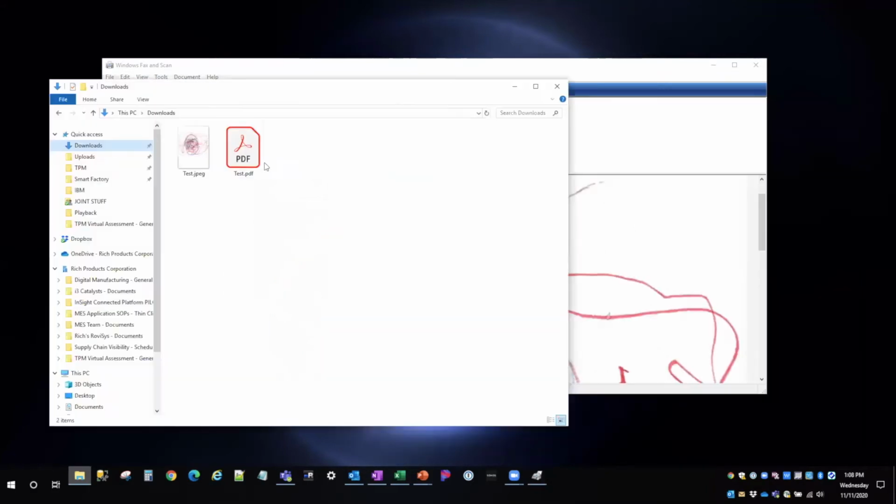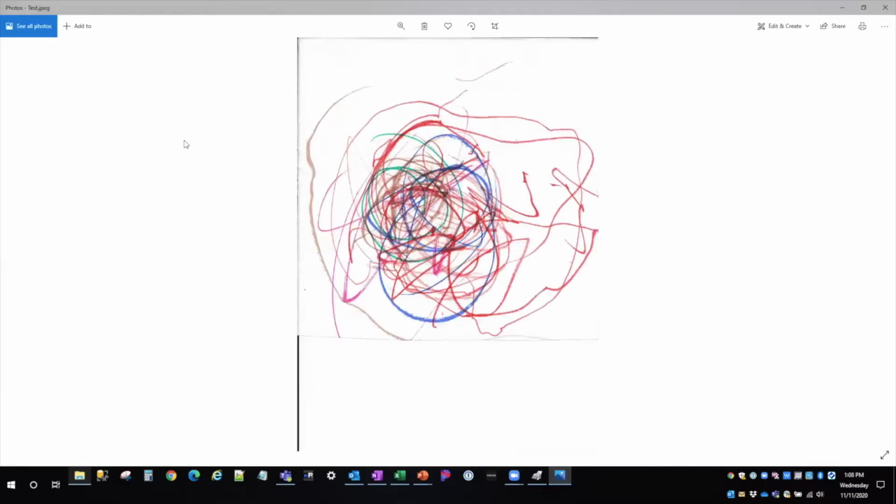Let me delete this file. Okay, and there it is. There's our test image in the JPEG format that was default selected. If we want to get this to a PDF, go ahead and open it. So I just double clicked it and it opened in the Windows default application of Photos. So here I have multiple things. I can edit the file if I want, if this was a photo I wanted to edit, or if I simply want to save it as a PDF, we're going to go ahead to the print on the top right,